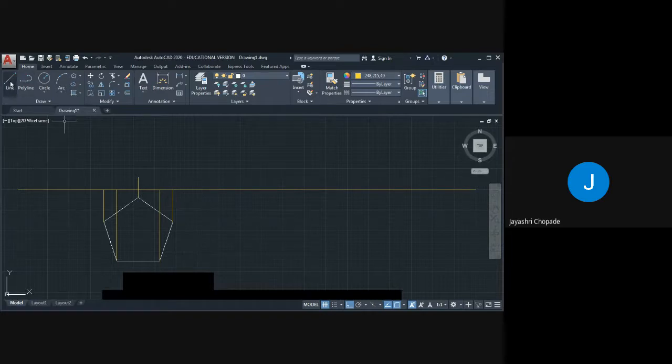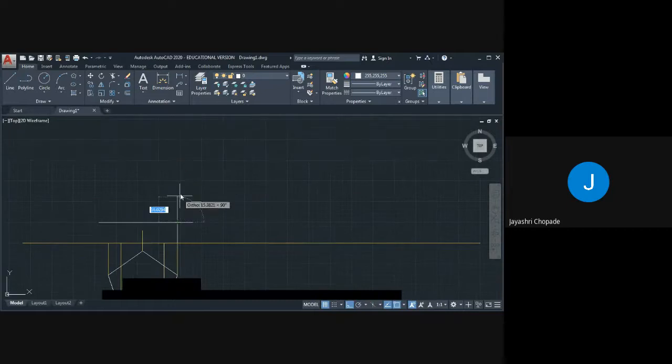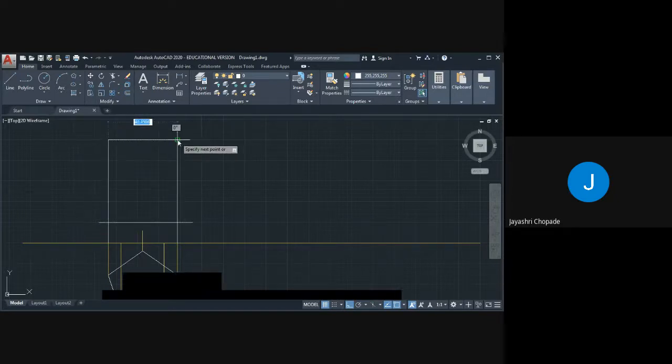Here, we need to draw a horizontal line. Go to line command. We will draw one horizontal line for the front view. Now draw a line up to this point, and here the axis height is given 50. So vertical distance will be 50 and enter. Again we will draw another line, and the height is 50, enter, and we can complete the rectangle.